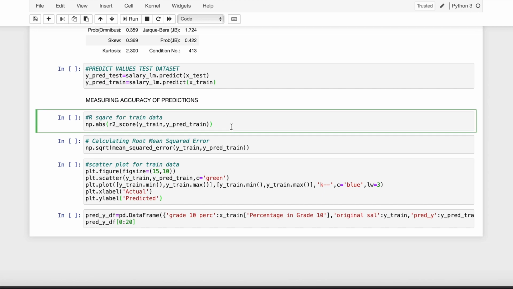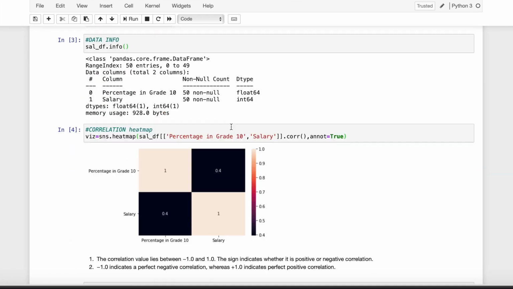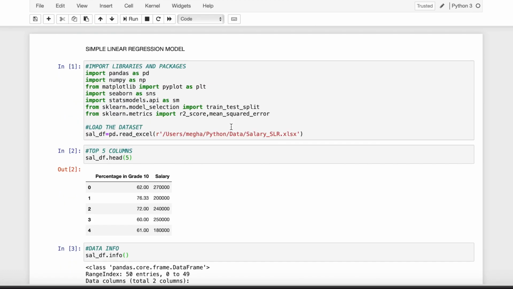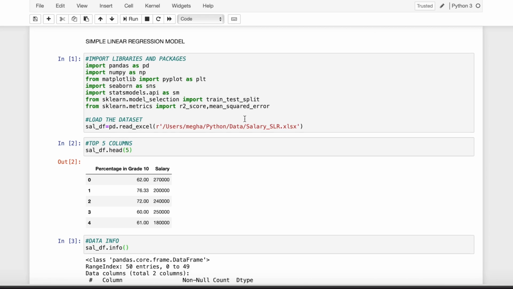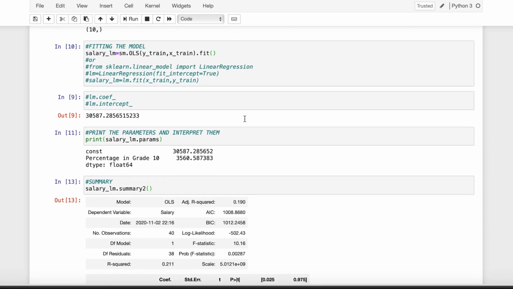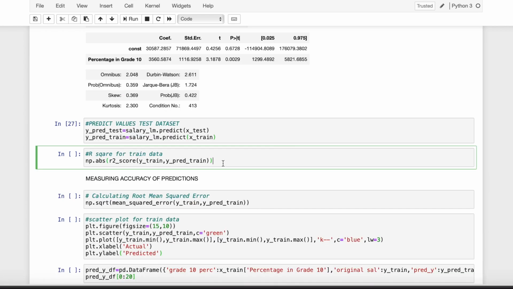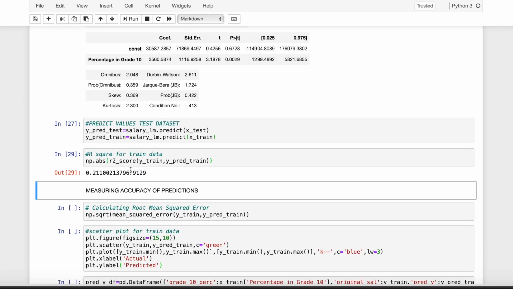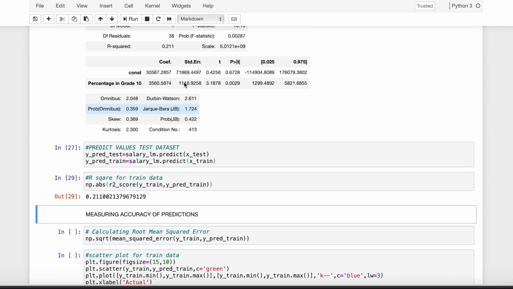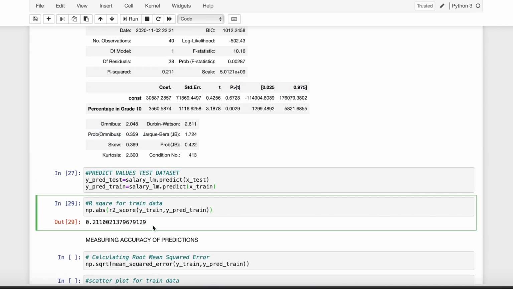And in order to use these methods, we need to import R2 score and mean squared error from sklearn.metrics. Now once we run the R2 score, we'll see the results. That is again what we have seen above, that is it only explains 21.1% variation in our salary.